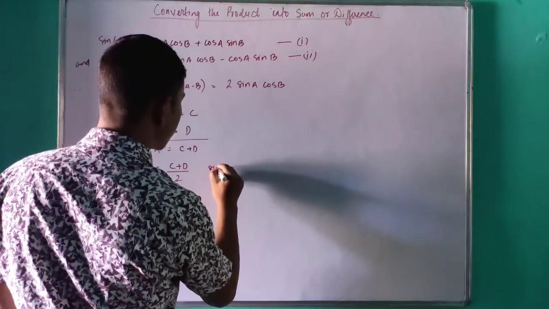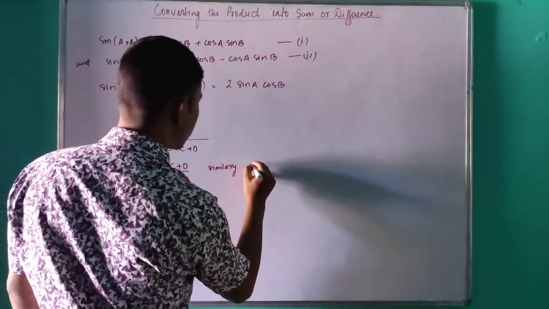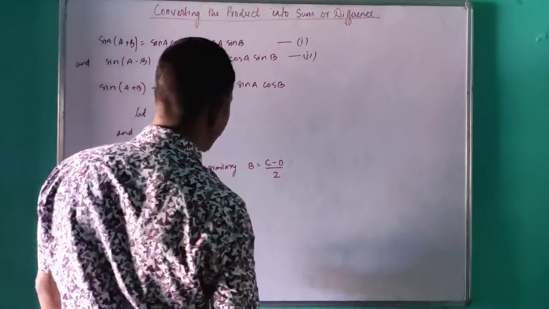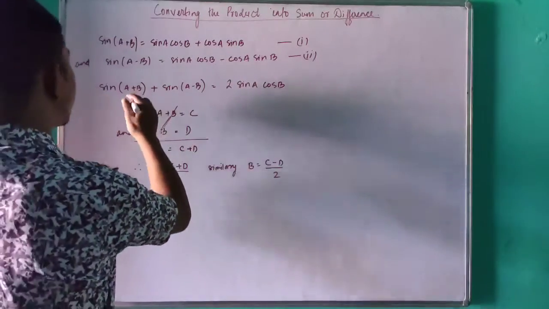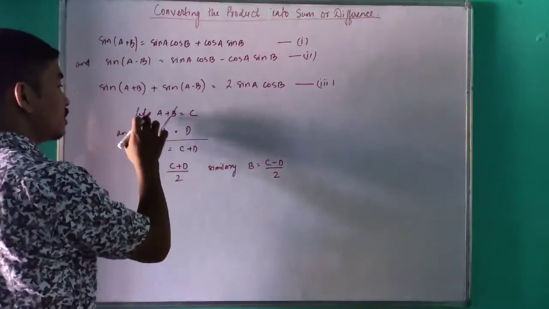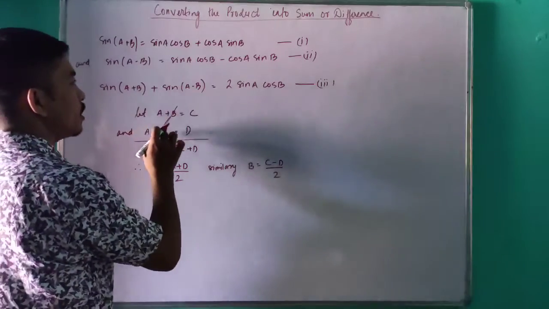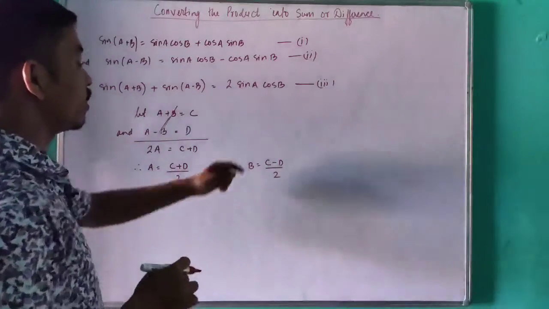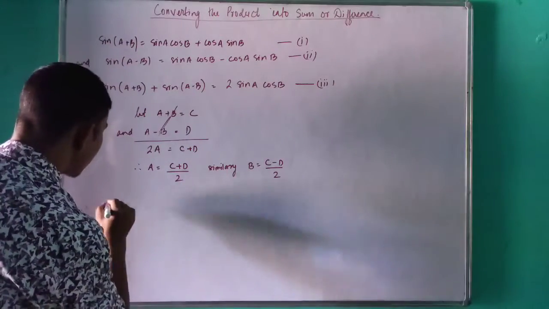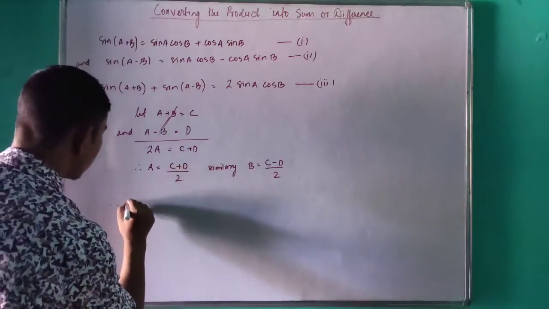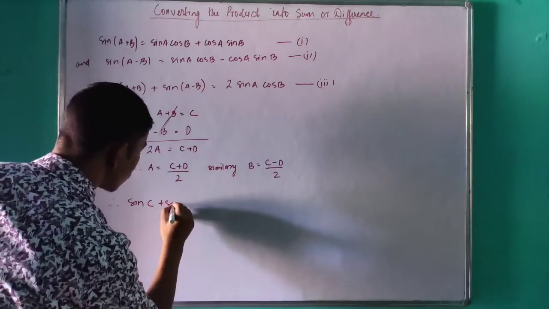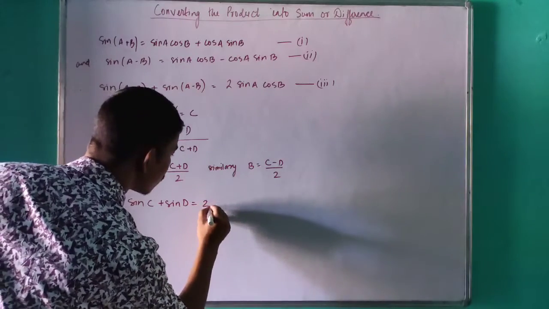So similarly I will also get b equal to c minus d divided by 2. Okay, now substituting all these values in equation number 3. So I put in this equation a plus b equals c, a minus b equals d, and I'll also substitute the values of a and b as well. So finally I have the formula: sine c plus sine d will be equal to 2